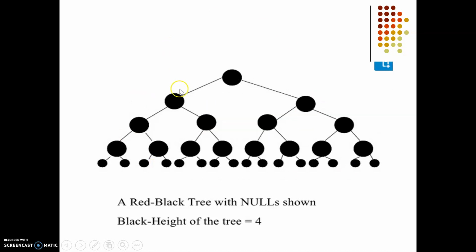This is also a red black tree, in which every node is black in color. Every path is having an equal number of black nodes: 1, 2, 3, 4, 1, 2, 3, 4. These are null nodes which are black in color. We can have two adjacent black nodes, but we cannot have two adjacent red nodes. Please make a note of it. We can have two adjacent black nodes in a red black tree.